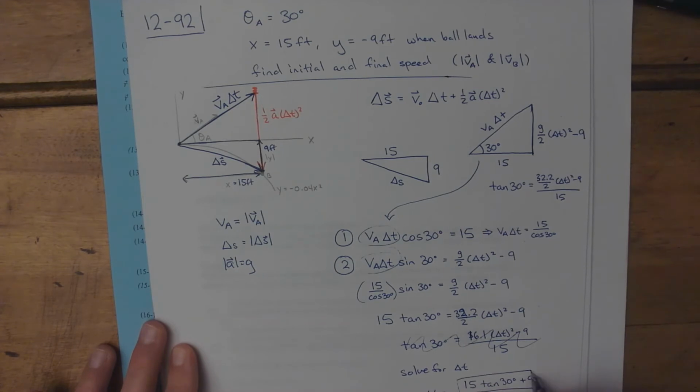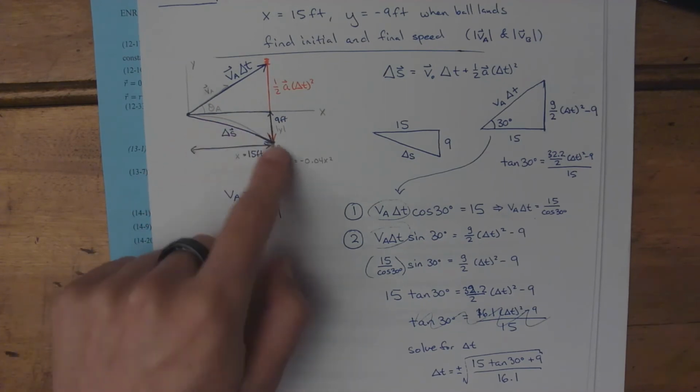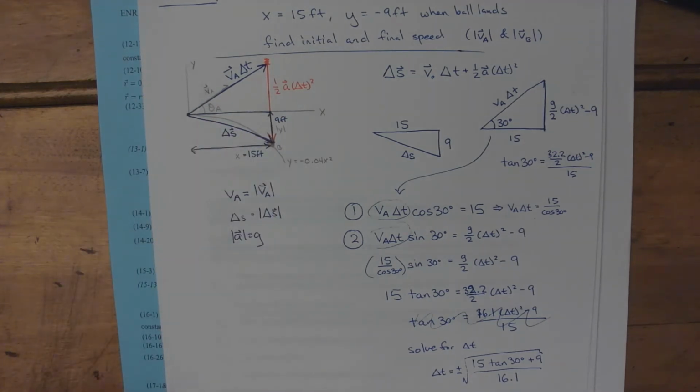So to get delta t, you would take the square root. That's going to be plus or minus. When we talked about problem 91, we said if you went back in time, there would be another solution where the path of the ball, if you trace it back in time, intersects the hill. So that's what the negative solution is going to be, which we don't want. We want delta t to be positive, so we're going to choose the positive sign, and we have delta t is equal to 1.05 seconds,